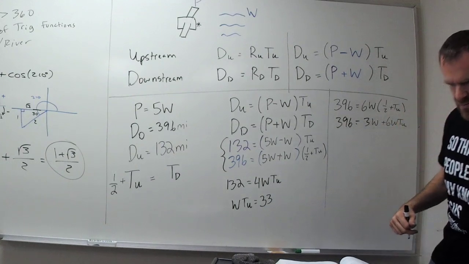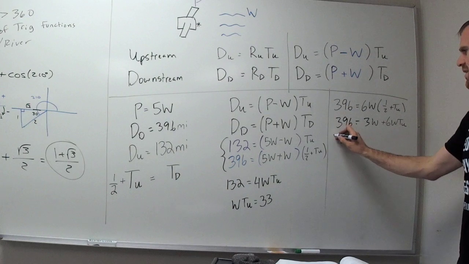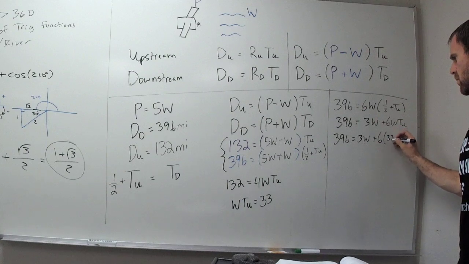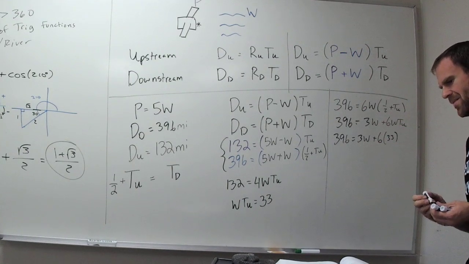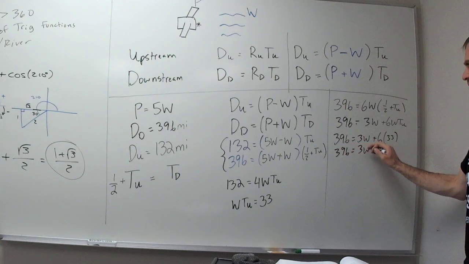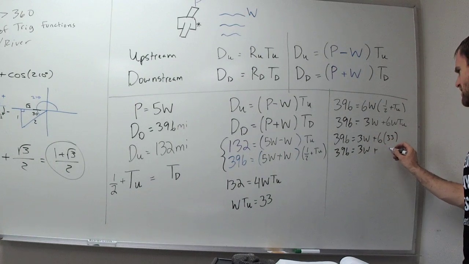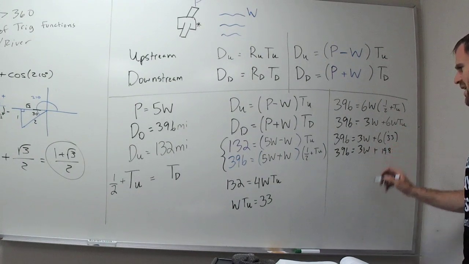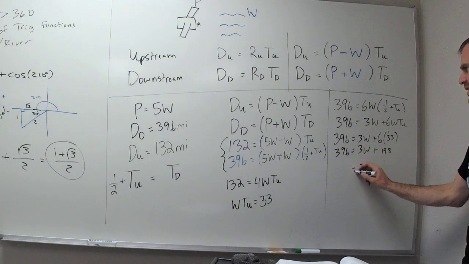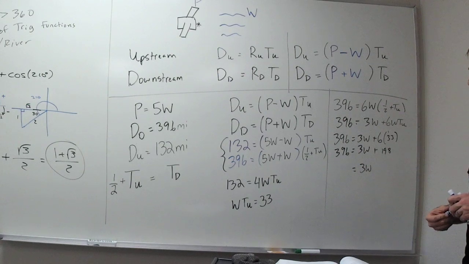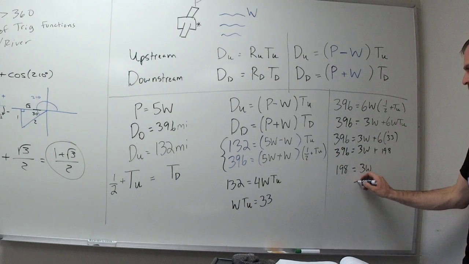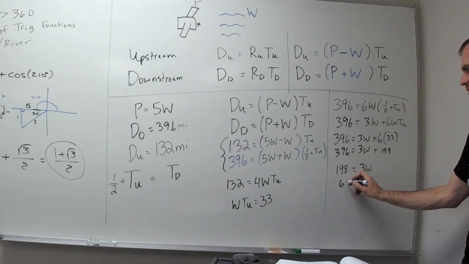So let's solve. I'll plug in 33. And we're about to do some mental math. So 396 equals 3W plus 6 times 33 is, looks like 18, 6 times 3, 198. If I subtract 198 from both sides, I get that 3W equals, let's see here, is it 198? And W equals 66